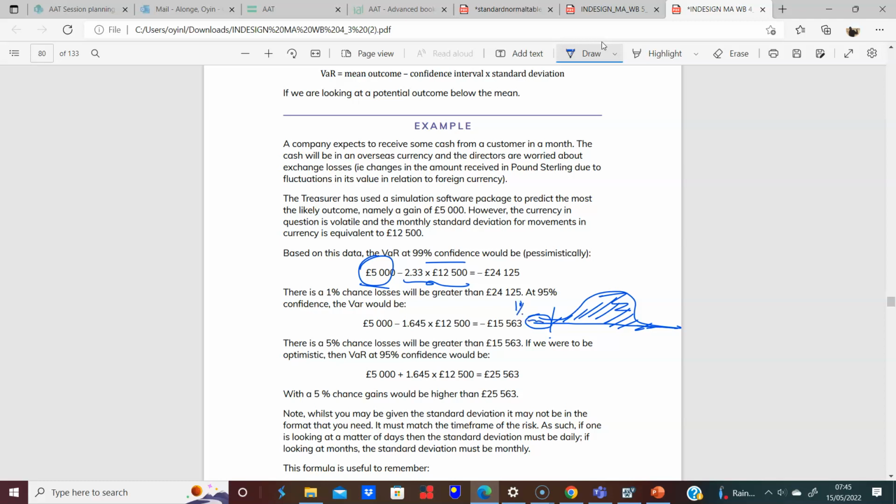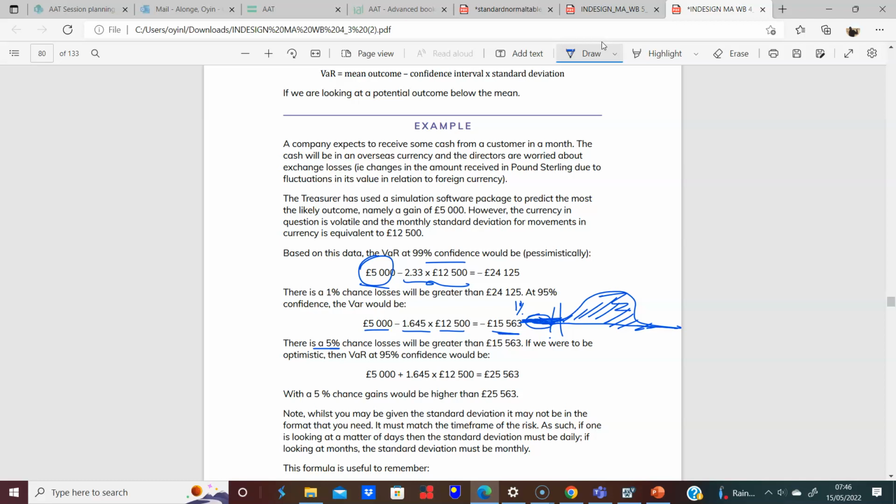We did the same thing for 5%. We did 1.64 times 12,500, and subtracted that from the 5,000. So we know we can go as low as 15,563. So you can see it says there's a 5% chance that losses could be lower here. That's what they're saying, the losses could keep going lower. But if you were optimistic, you could say there's a 95% chance that at least,